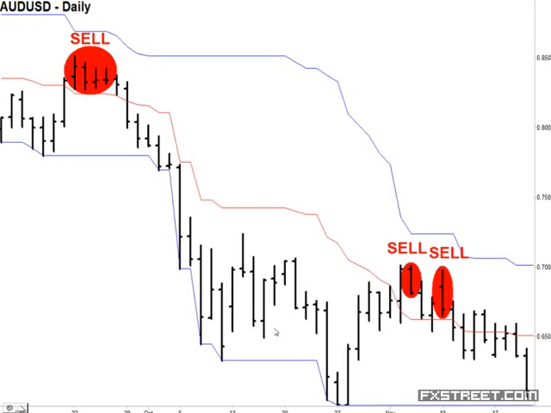Now, once price continued on its downtrend, you see here that we had an aggressive entry right here. But if you wanted to be conservative, you would have waited to find a bar that was entirely above the midline. And here's another one entirely above the midline, before the trend resumed lower.